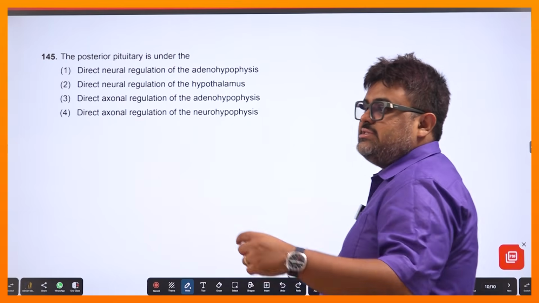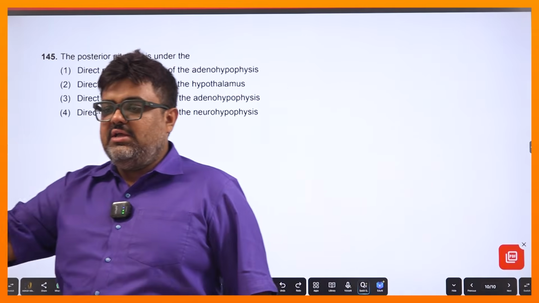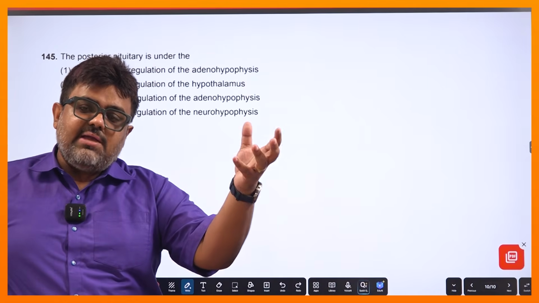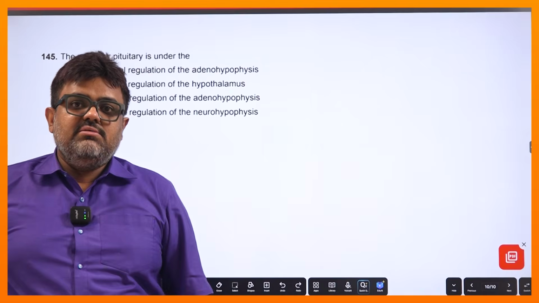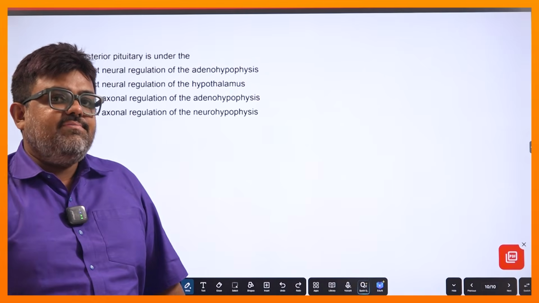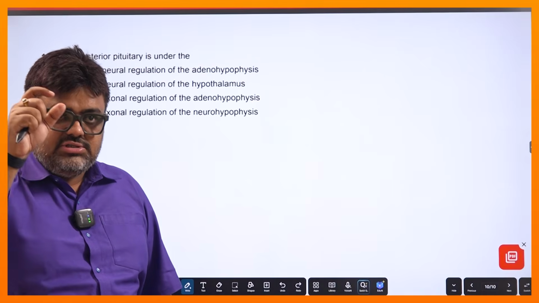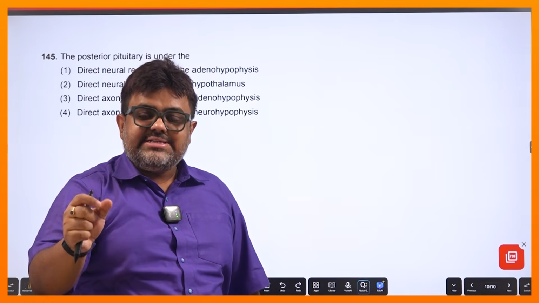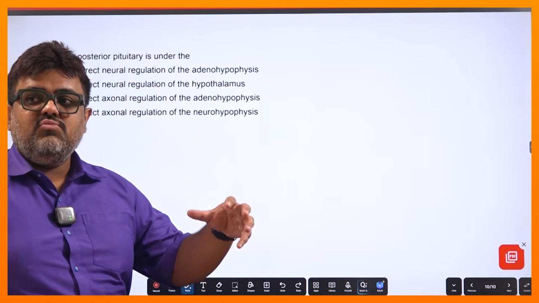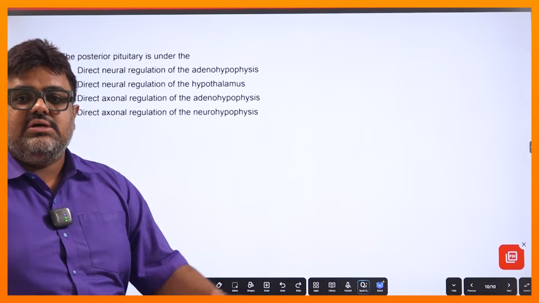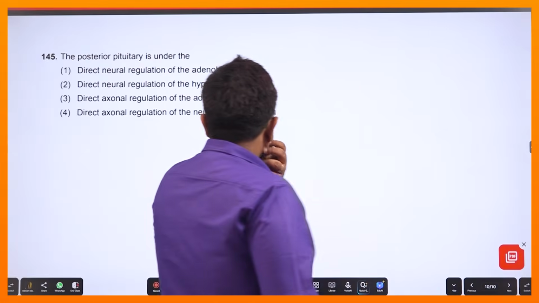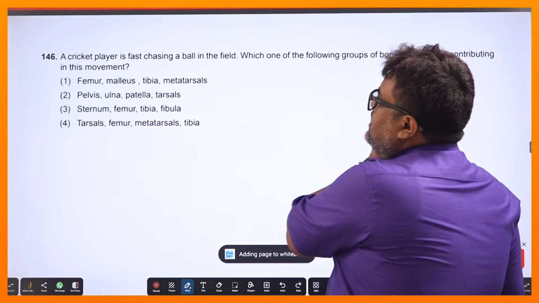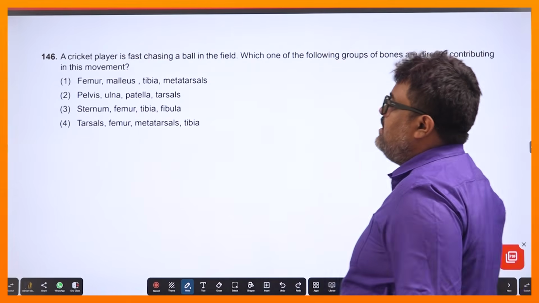একদম তোরা জানিস যেটা হাইপোথ্যালামাস থেকে ভায়া দা পোর্টাল সার্কুলেশন অ্যান্টেরিয়র পিটুইটারিতে ওই হাইপোথ্যালামিক হরমোনস গুলো আসে বা নিউরো হরমোনস গুলো, আর পস্টেরিয়র পিটুইটারিতে ডাইরেক্ট যে নিউরো সিক্রেটারি সেলস গুলো আছে সেগুলোর পুরো অ্যাক্সন গিয়ে থ্রু ইটস অ্যাক্সন এন্ডিং পস্টেরিয়র পিটুইটারিতে হরমোনটাকে রিলিজ করছে, ওখান থেকে জিনিসটা সিক্রেট হচ্ছে, ইজন্ট ইট? তো এটাও আমাদের হয়ে গেল। নেক্সট যদি আসি, ক্রিকেট প্লেয়ার ইজ ফাস্ট চেজিং আ বল ইন দ্য ফিল্ড, একটা অ্যাপ্লিকেশন টাইপের কোয়েশ্চেন,